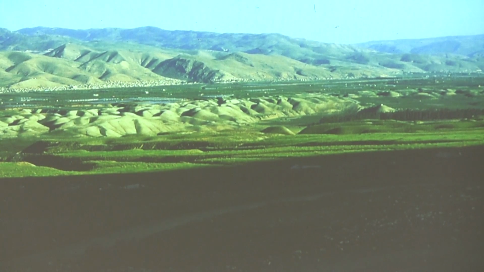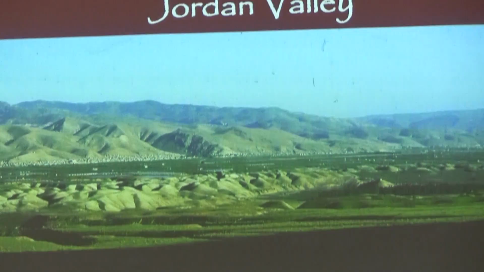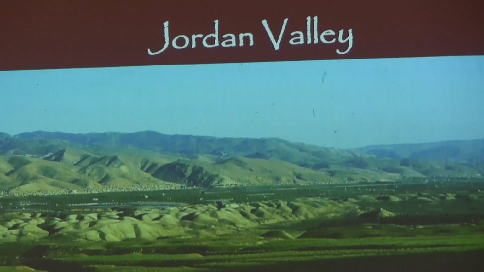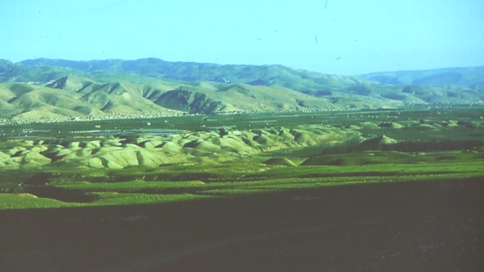And then here we have the Jordan Valley. If you're looking carefully, you're thinking, now wait a minute, that's green. And you're right, it is. This is a very unusual picture because if you remember correctly, this is an area that gets about 4 inches of rain per year, but it has just rained. And therefore, we have a lot of vegetation in that area.